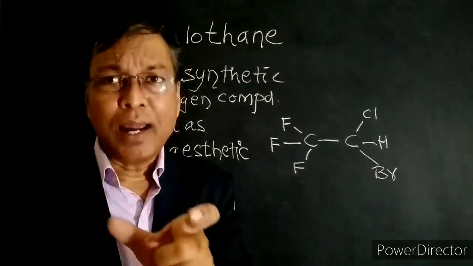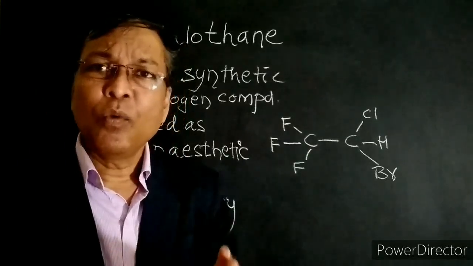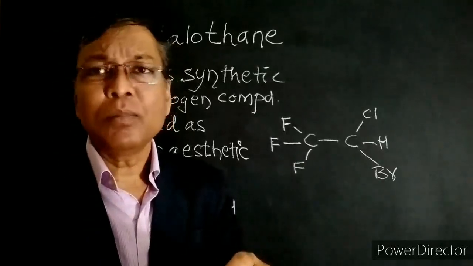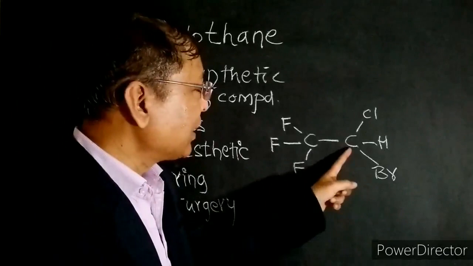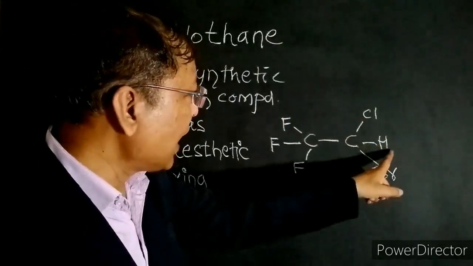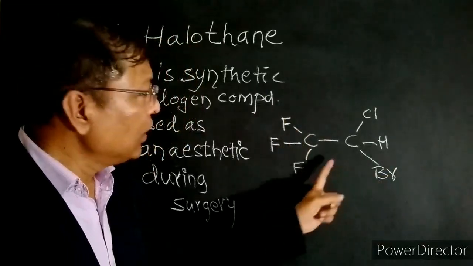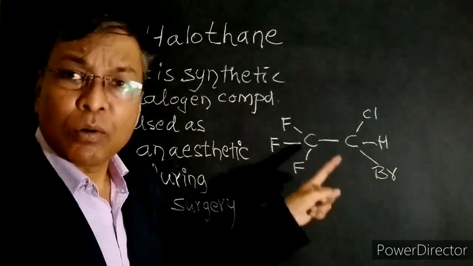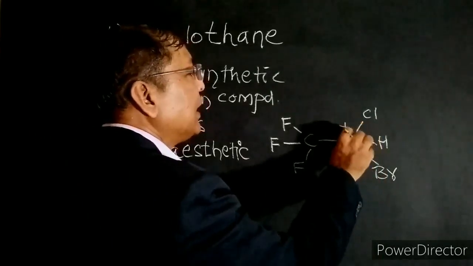I'll give you an idea of what an asymmetric carbon atom is. A carbon atom bonded to 4 different atoms or groups is called an asymmetric carbon atom. Sometimes it is also called a chiral carbon atom. Let us observe this carbon atom. This carbon atom is bonded to chlorine, second hydrogen, third bromine, and on this side a carbon. Therefore, this carbon atom is bonded to 4 different atoms or groups. Therefore, this is a chiral carbon atom and it is represented by the star.